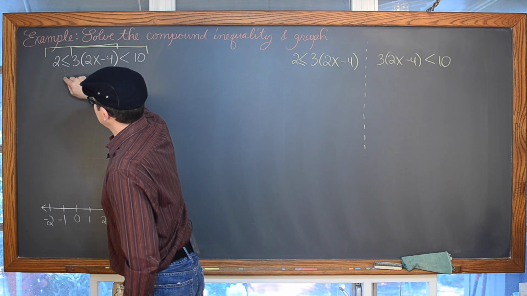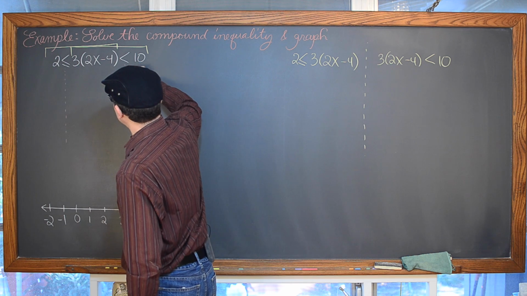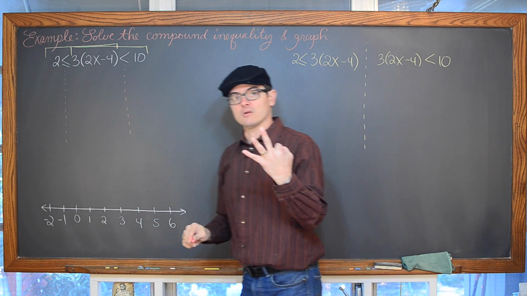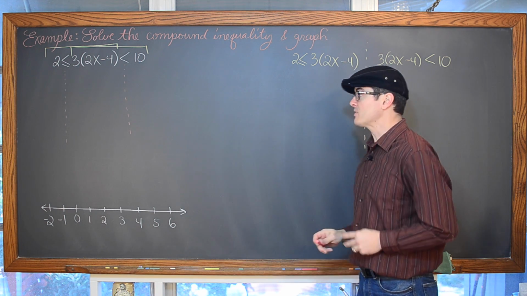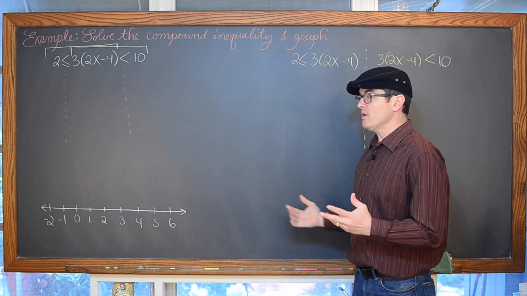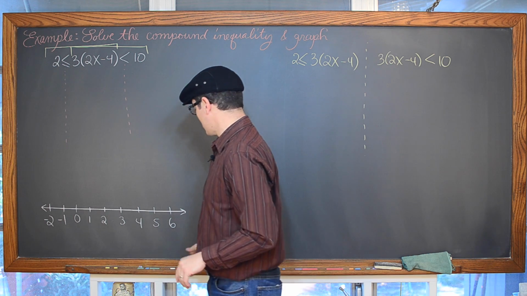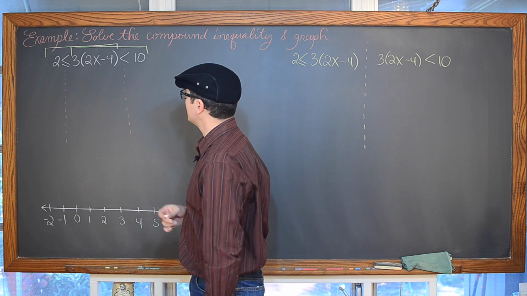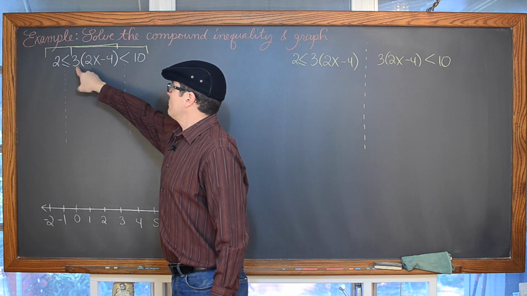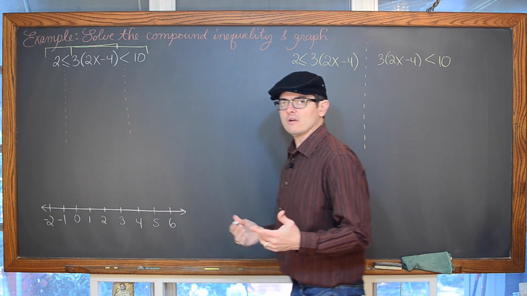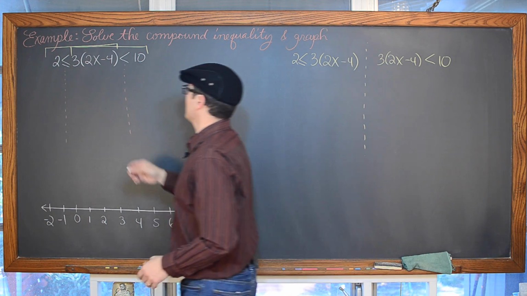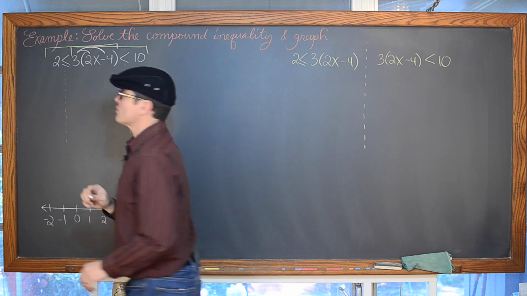Just recognize that each of these inequalities are going to break this sentence up into 3 parts as opposed to the normal 2 parts like we have with equations. And our variable is in the middle part of this compound inequality, so we're going to just move everything out of the center. So when solving equations, you can't solve for a variable when it's inside a parentheses, so we're always going to start with the distributive property.